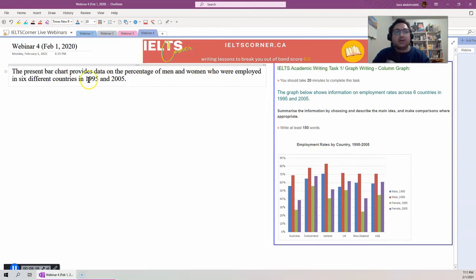Another point about the introduction is you can't really say from 1995 to 2005 or between 1995 and 2005, because you do not have data on what happens between 1995 and 2005. You only have data about 1995 and about 2005, but for example, in 2000, you don't know what was going on. In 2001, in 1998, none of those years. So you can't say 1995 to 2005, so pay attention to that. That would be our introduction.